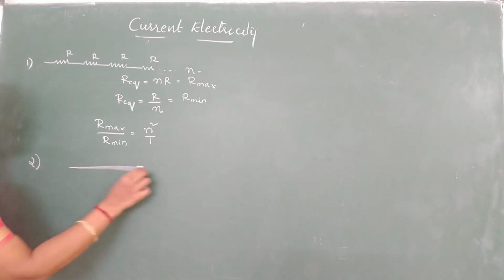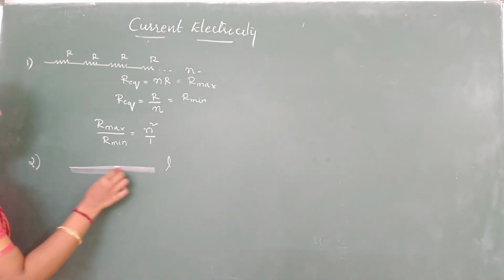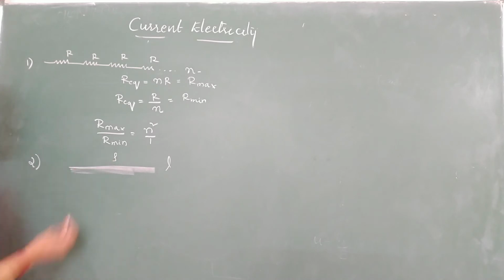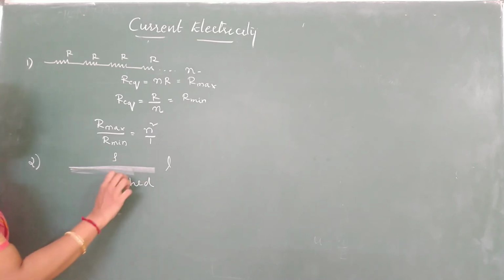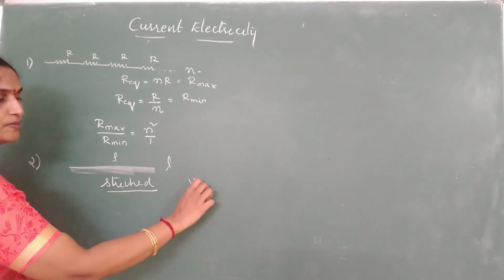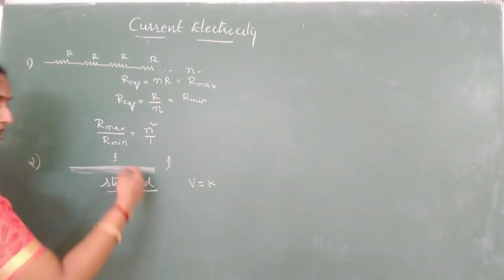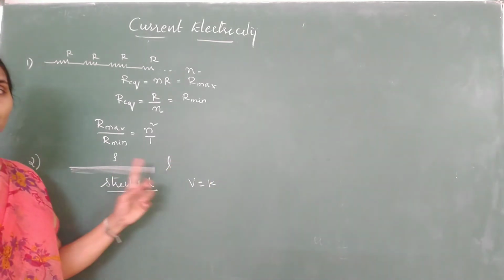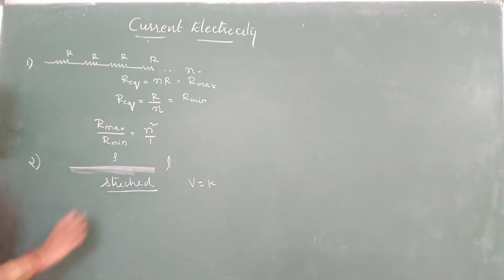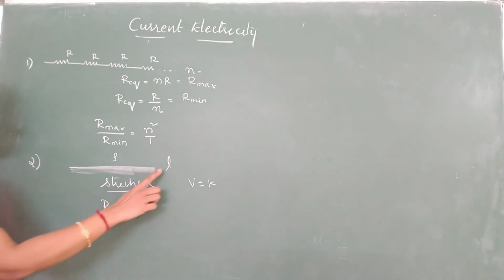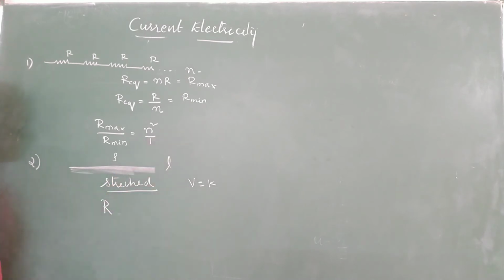If a wire of length L and resistivity rho is stretched, the moment you see this word stretched, remember volume is going to remain constant. When you stretch a wire, length increases at the cost of its area of cross section. Then what will happen to its resistance? If they give you that length is increased to n times, or length is doubled or tripled, make use of this relation. We know resistance is rho L by A.